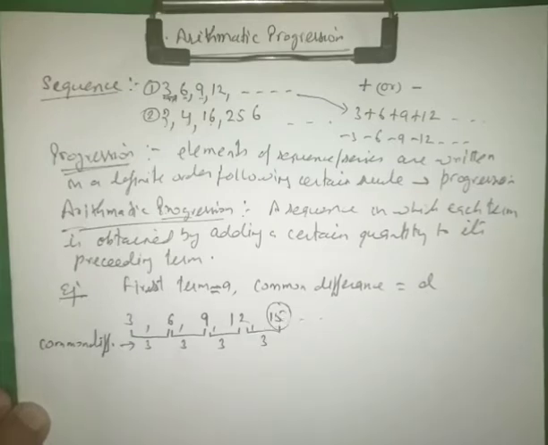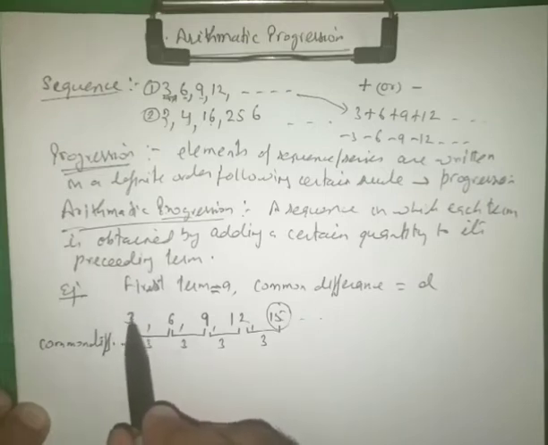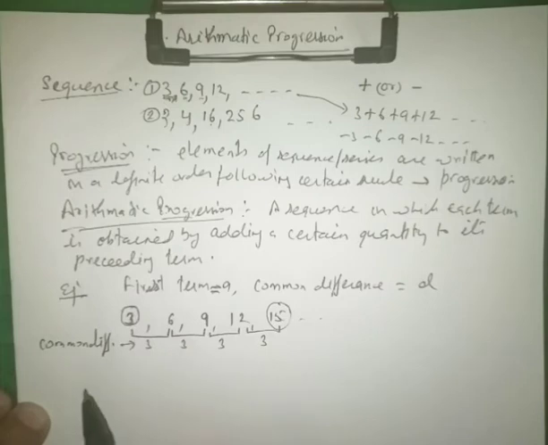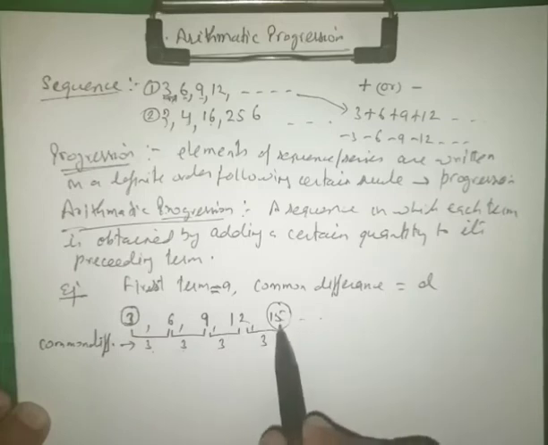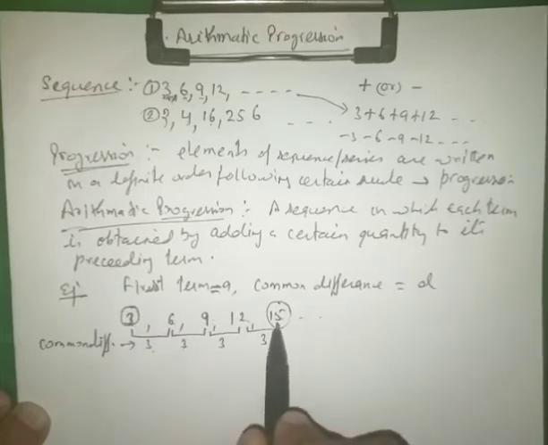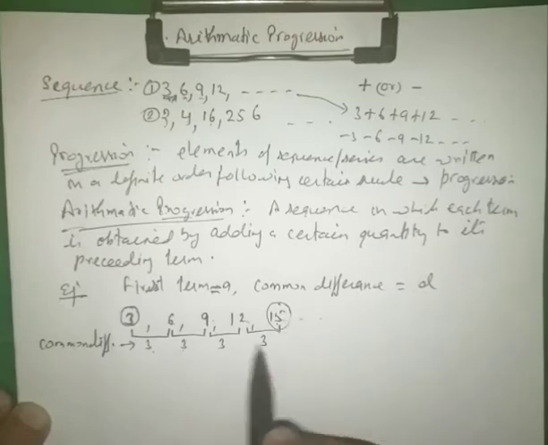So definitely we will say yes, because have a look. Let us say that here the first term is a, and this is the common difference 3. This 15 is the first, second, third, fourth, and fifth term. 15 is the fifth term. So if I'm talking about the fifth term, then I will add 4 times the common difference.